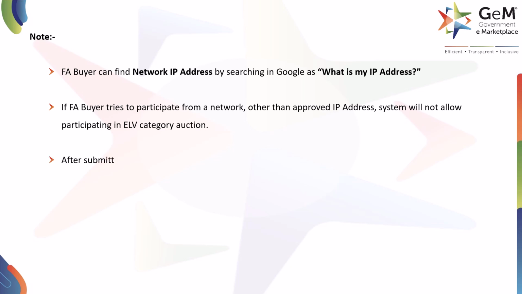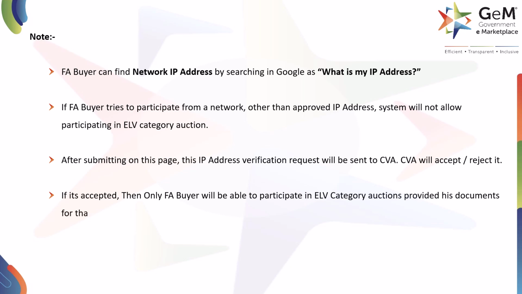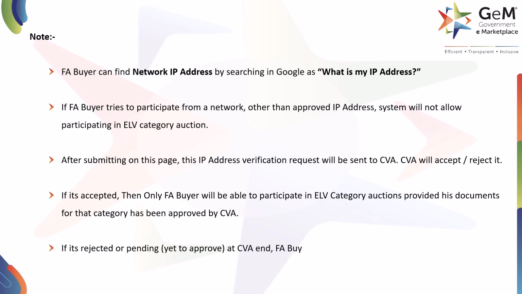After submitting on this page, this IP address verification request will be sent to CVA. CVA will accept or reject it. If it's accepted, then only the FA buyer will be able to participate in ELV category auctions, provided his documents for that category have been approved by CVA. If it's rejected or pending, yet to be approved at the CVA end,